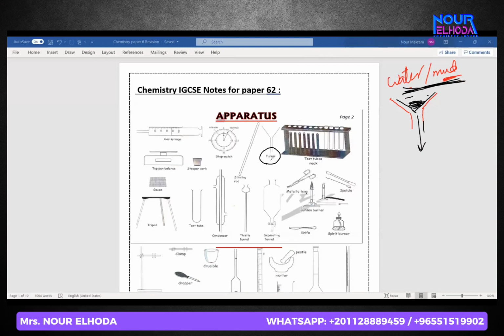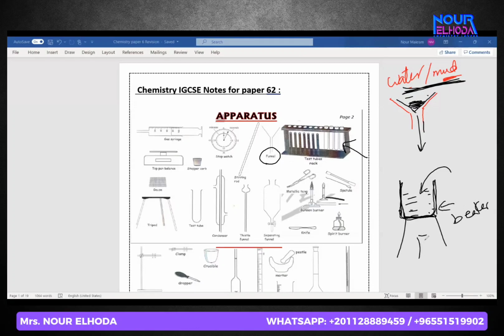So once I ask you, what do I use a funnel in? In filtration. Okay. Of course this is just a rack to put the test tubes, but this is not important. But what about if I want to heat? If I want to heat any water, for example, or salt or whatever, I'm going to put the water here. What do we call this? Beaker. Exactly. This is a beaker. So how shall I heat this water?